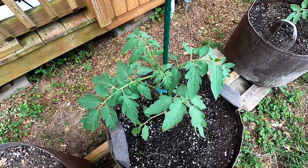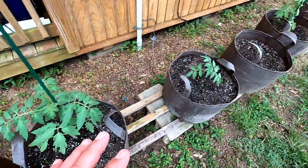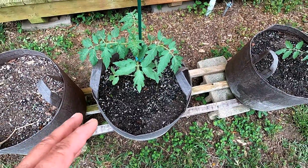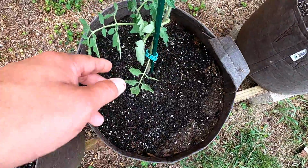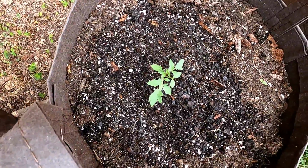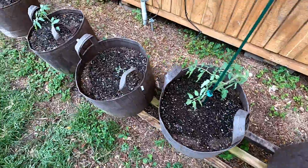Let me show you what else I still have growing over here. Here are my mater starts. And when I say starts, these were volunteers. Once I tore down all of these grow bags, I had a whole bunch of starts that popped up. So what I did was I uprooted quite a few of them and replanted them in grow bags. They kind of looking a little sad right now, but that's okay. I think they're gonna do well. So I have 6 mater plants,